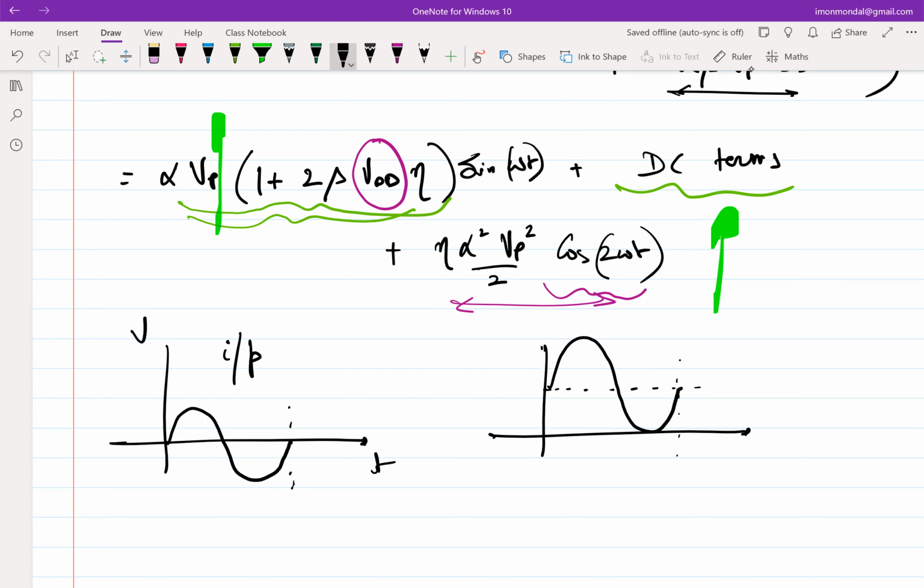So let's say this is 1 millisecond, this is 1 millisecond. And you are also getting a, I think I messed up the sign here, it will be minus. But anyway, you are also getting a cosinusoid, which is at double the frequency, so this is 0.5 milliseconds, so you will have one cosinusoid at